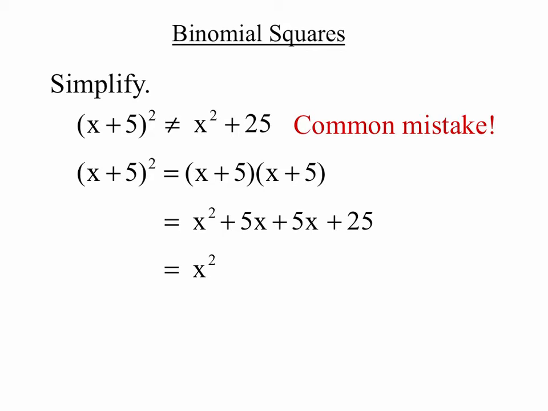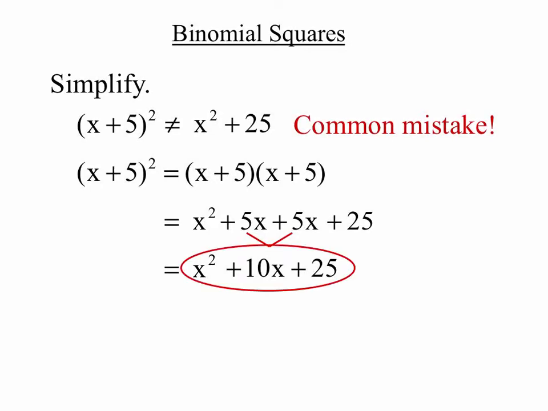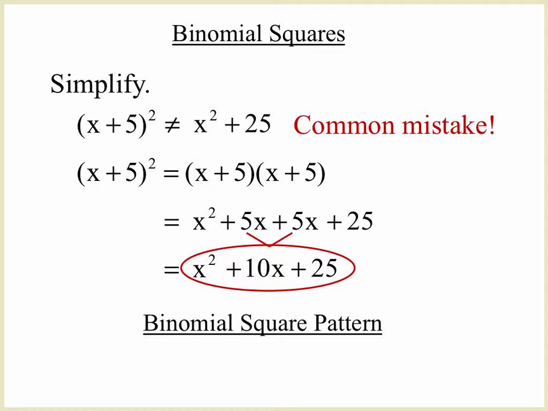Which gives me a total, a simplified trinomial of x squared plus 10x plus 25. Now, this is a way we can keep doing, but there is a pattern here. And the pattern is when you have a perfect binomial square,